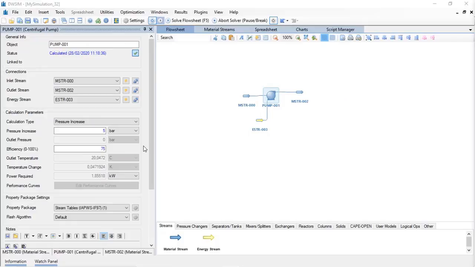And you can see from the results that the power required calculation in DWSim is the same as the Aspen Hysys. It is 1.855, and the outlet temperature increased a little bit because of the efficiency of the process, and the outlet discharge is